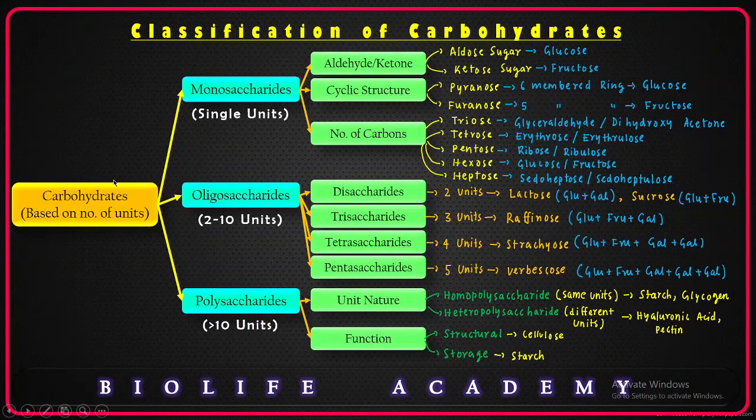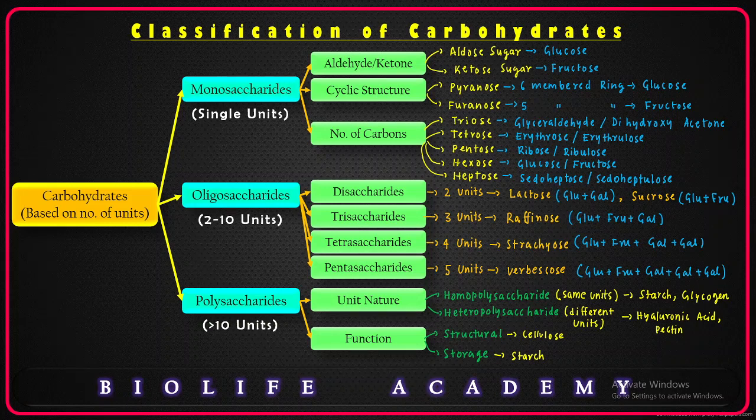Here we can see that carbohydrates can be classified on the basis of units like monosaccharides, oligosaccharides and polysaccharides. Monosaccharides are carbohydrates with single units, whereas oligosaccharides are carbohydrates with 2 to 10 units, while polysaccharides contain more than 10 monosaccharide units. The monosaccharide units can be classified on the basis of aldehyde or ketone group, cyclical structure, or the number of